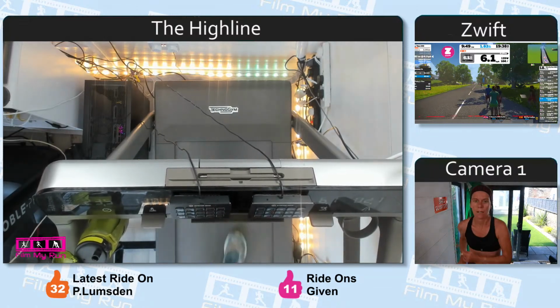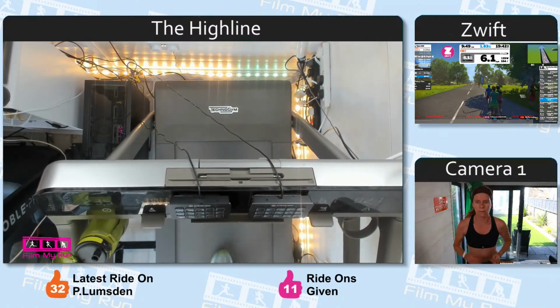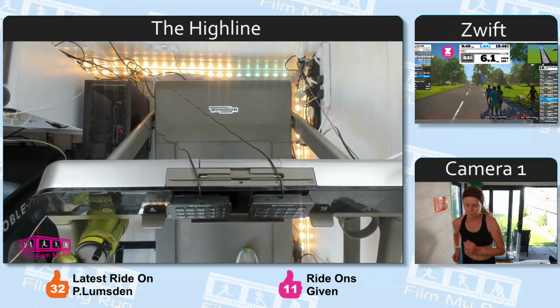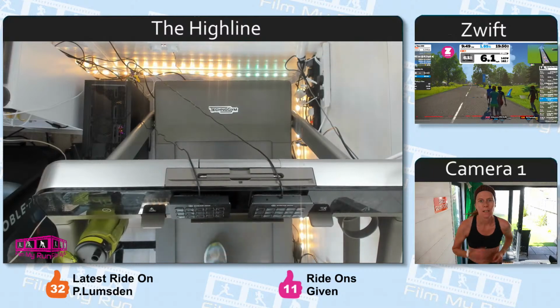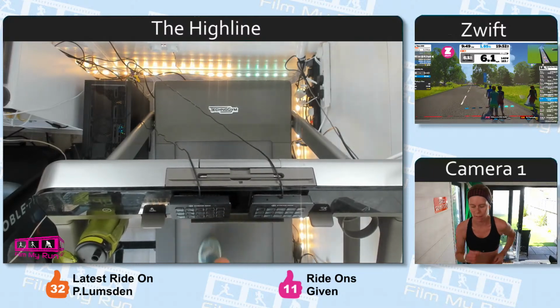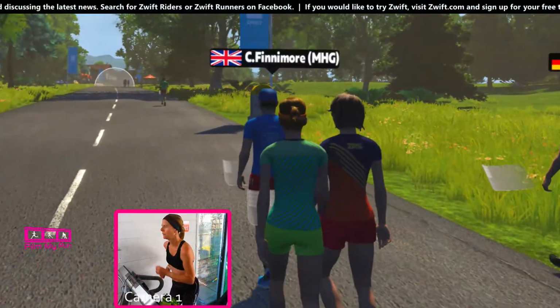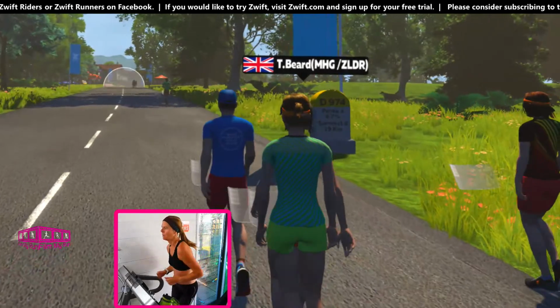Zwift have had well-known runners like Mo Farah, who've joined Zwift and have led runs before, but not on video, which is the other difference. We've not had people on video in front of the camera, other than people like me and Victoria, who obviously are not celebrities or well known.